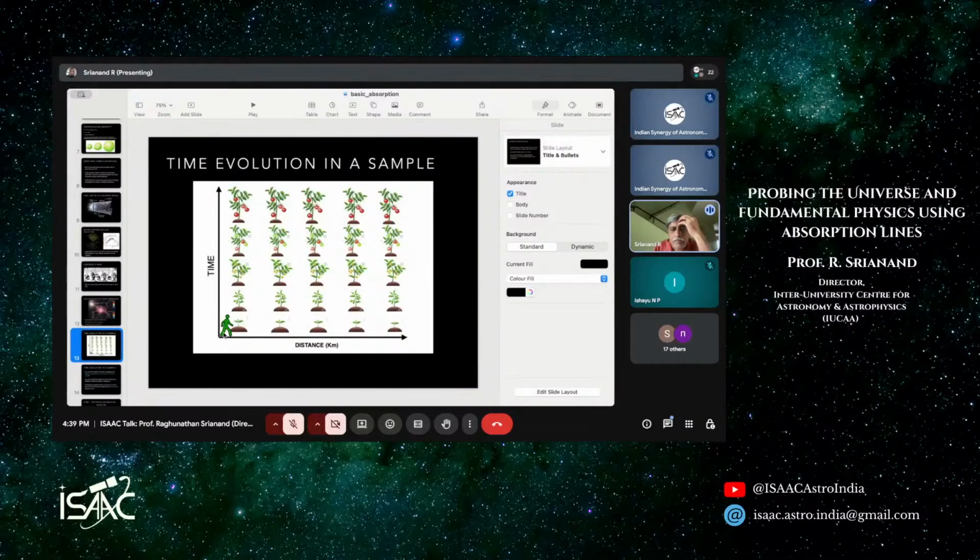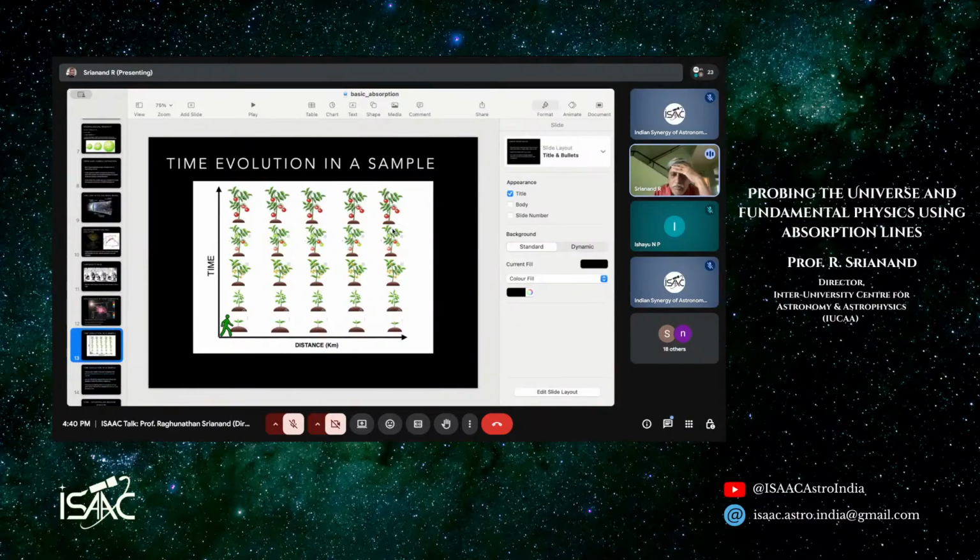So basically, what happens is that when this guy starts from here, he has seen this tree like this. Imagine that he arrived at this point at this time. So then he would have seen, he is being told that the physical state of all the plants along the way is exactly identical. So what happens is that he would have seen it growing here. Next time when he reaches here, he would have seen this growing here. Next time he reaches here, he would have seen this scenario. At last he reached the final destination. He would have seen a full-grown tomato plant.